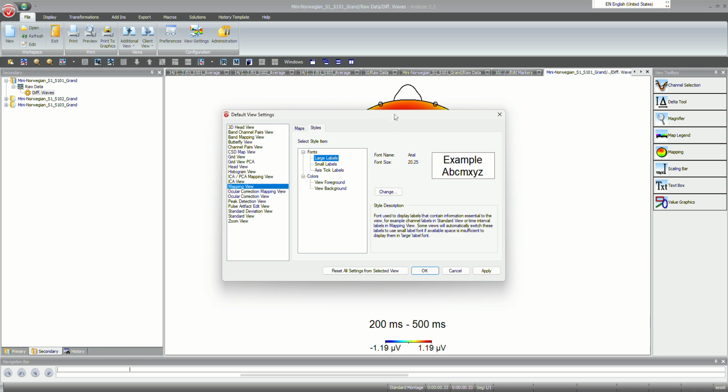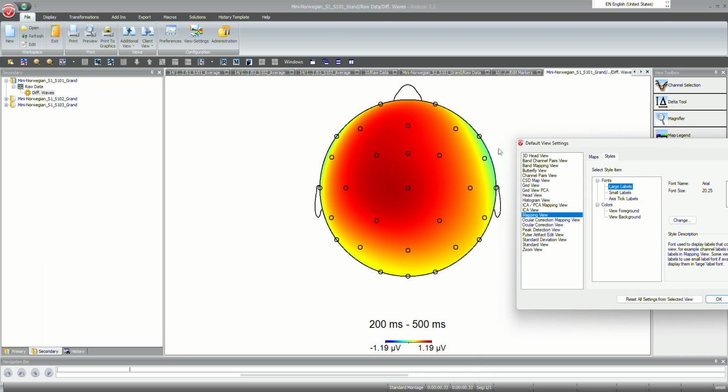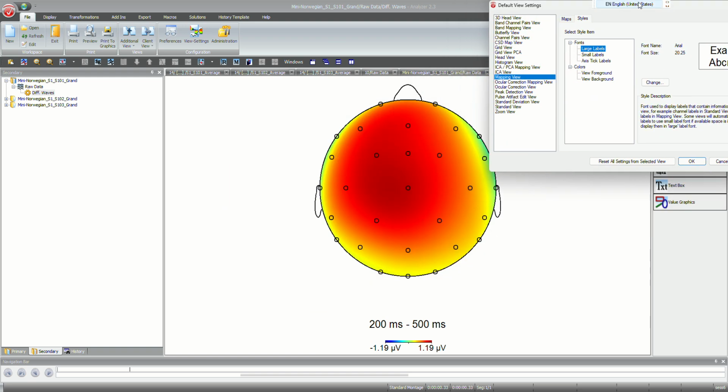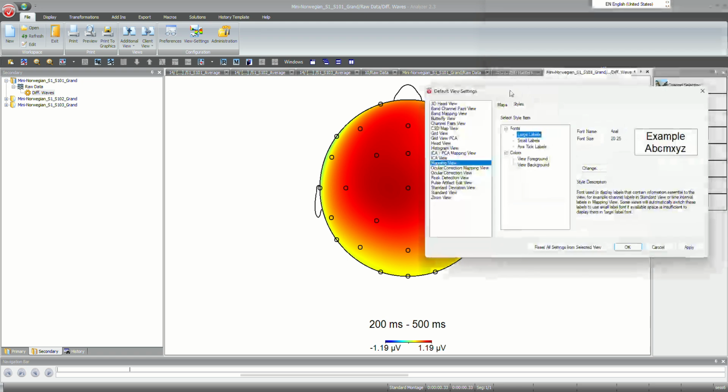In comparison to the map, it's very, very small. But usually I think a good reference is like the one you can see, which is 20 for the large labels and then 16